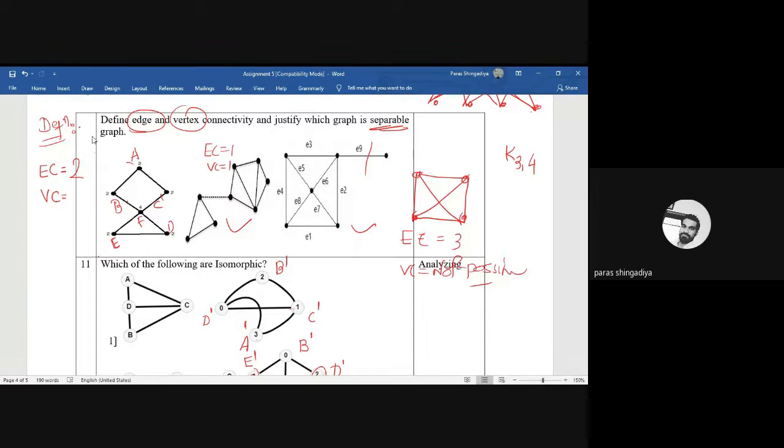Good. So now what will be the vertex connectivity? Can we make graph disconnected by deletion of single vertex? If it is possible, then vertex connectivity will be 1. If it is not possible, then think about 2 vertex. Yes, it is very easy to verify it. Just delete one of the vertex and can we make graph into the 2 part or not?